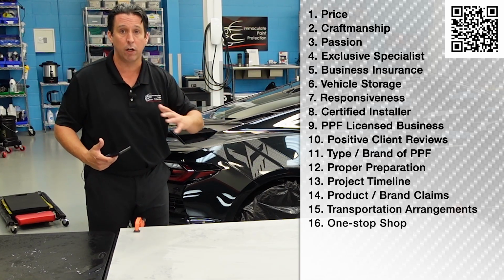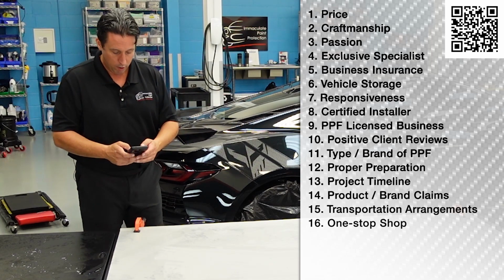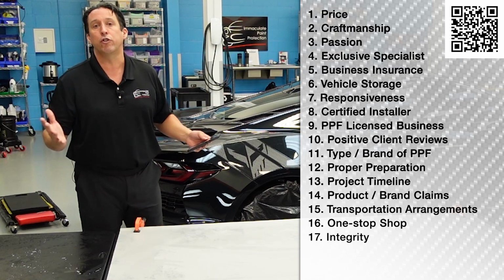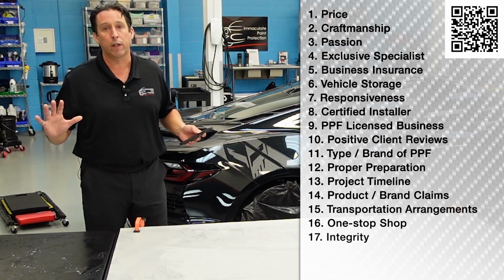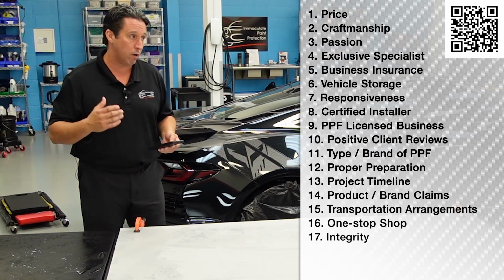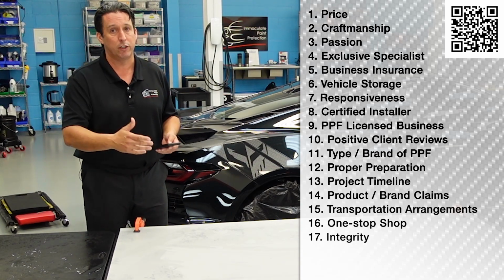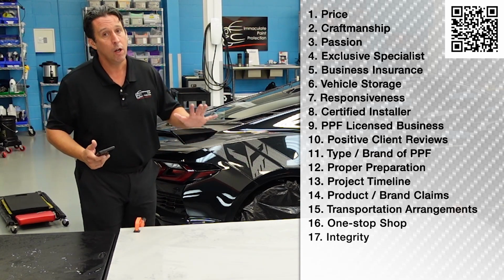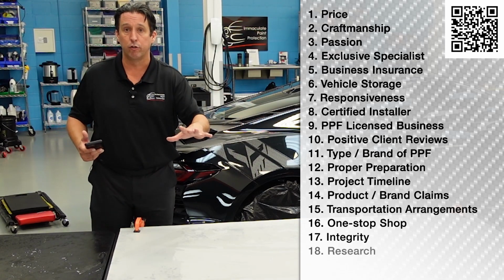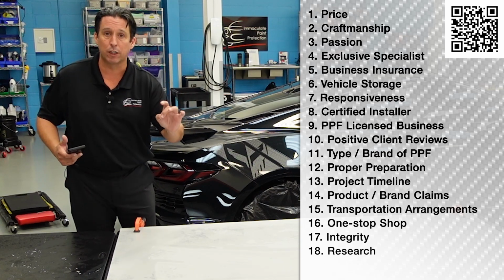You want the ceramic coating all done at one shop, one time for you. Integrity. Look, can you trust your installer? So, look, you're only going to know that by your gut, and you're going to know that based upon your experience. So, if you're buying this for the first time, you're just going to have to step out in faith and trust somebody. In lieu of that, do your research, talk to those, find some people that have been to